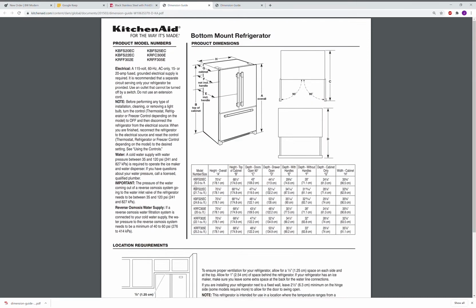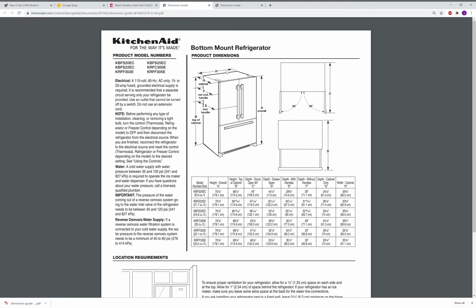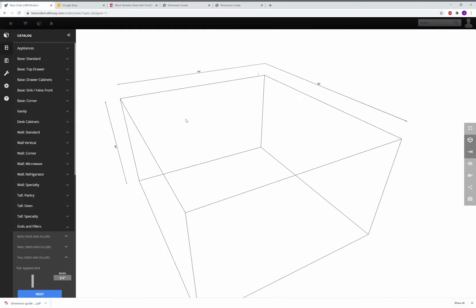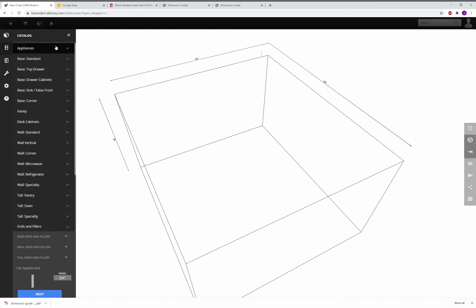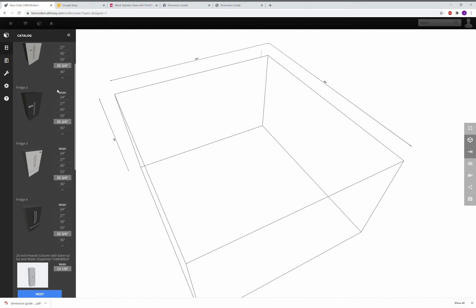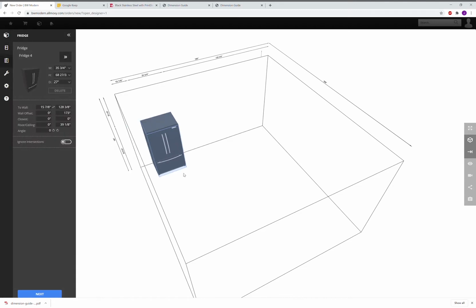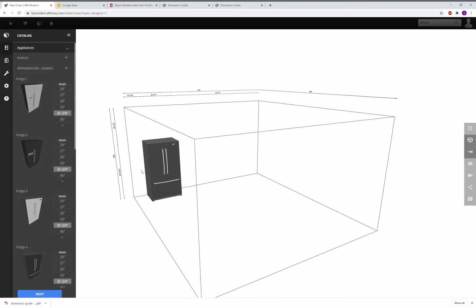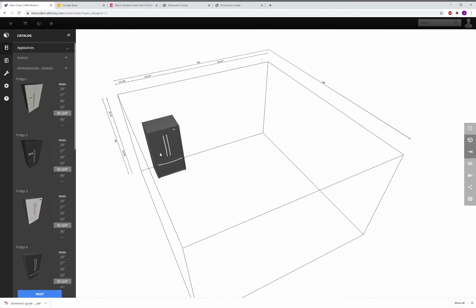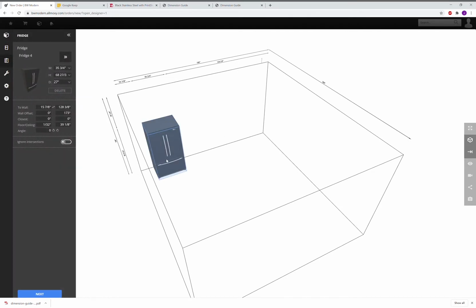So if we come back up to the top, we're going to see the measurements for the refrigerator. And I'm going to go ahead and go into BW Modern here, and I'm going to go to Appliances, and then I'm going to grab a refrigerator. And this one here actually really looks like what we're looking at for the KitchenAid refrigerator. So I'm going to bring that thing in. And now the next thing I want to do is make this the same size as what